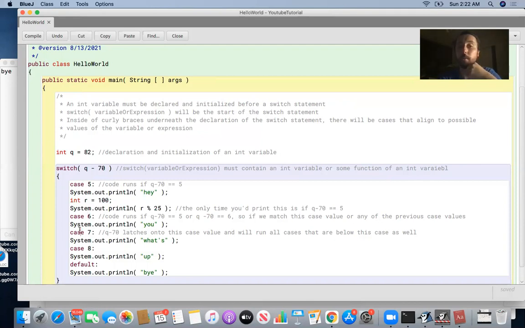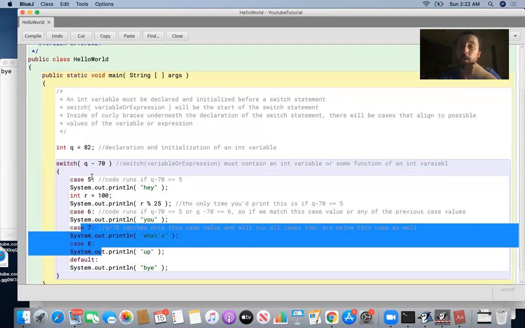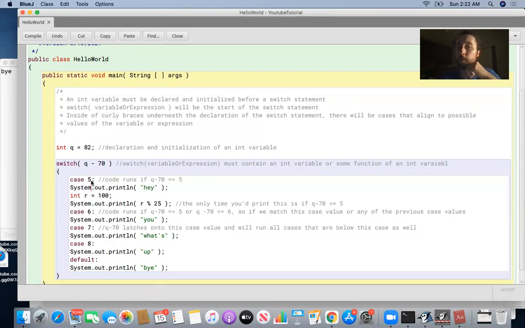And then you'd be talking about these other cases too. So again, if q minus 70 is 6, you run cases 6, 7, and 8 and default. If q minus 70 is 100, you just run default. If q minus 70 is 5, you run everything in here. If you latch onto the first case, you're going to run everything until or unless you hit a break. So I know we still have to talk about that word break, but hopefully you can get an idea of